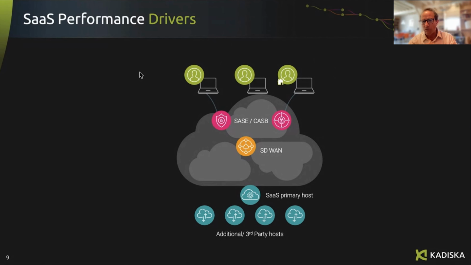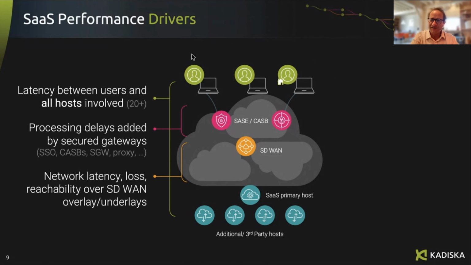In that bubble, you will find also cloud access platforms like CASBs and SASE solutions, and your SD-WAN will run as an overlay over that. And finally, you've got the SaaS platform, which, as we mentioned already multiple times, is distributed across multiple cloud providers